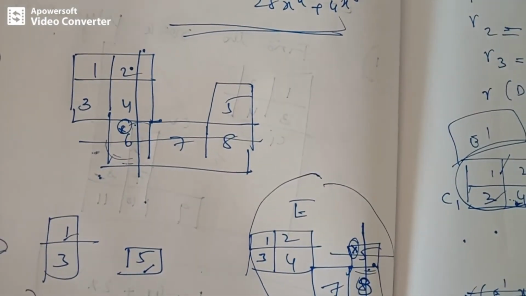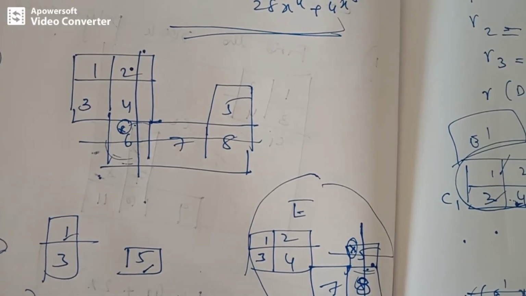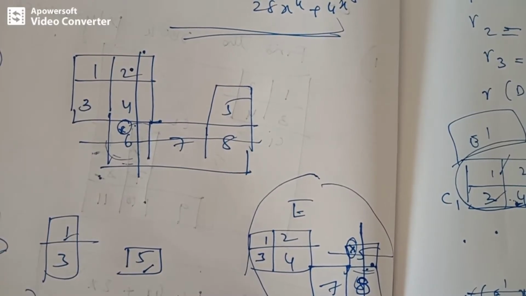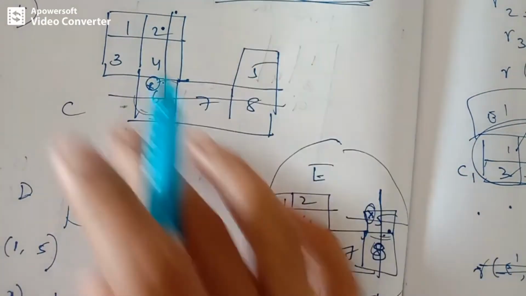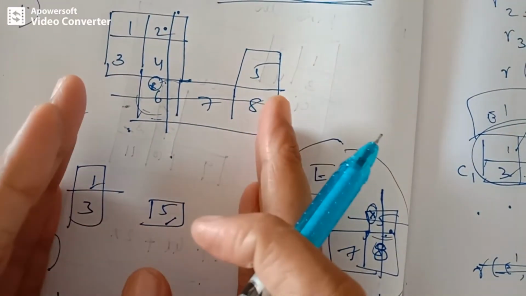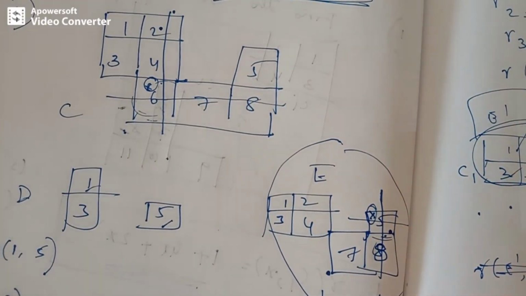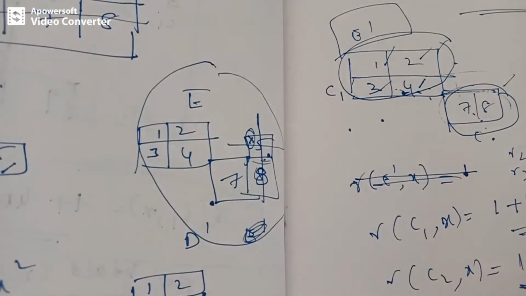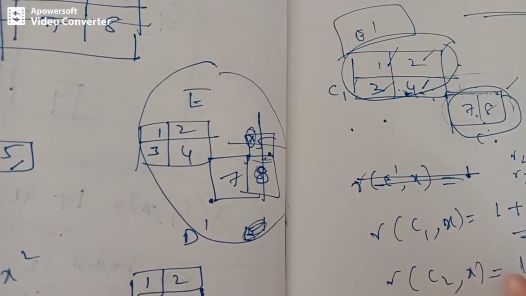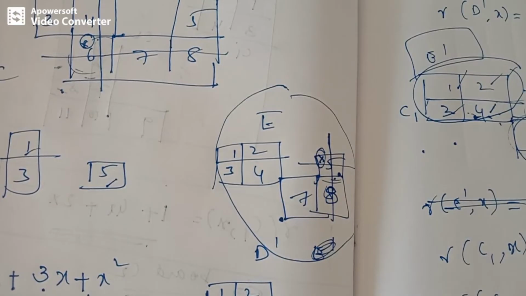And we already know the Rook's polynomial for the remaining half of the board. So now we have to combine them using the expansion formula once again. So what we have done is we have divided this board into 2 boards, D and E. Once again we have divided E into 2 more boards, D dash and E dash. And we didn't further divide E dash because it is based on the product formula. Now for finding all the answers to the subboards, we are combining them back to our original board based on some formulas. We have to find out R of C comma x.